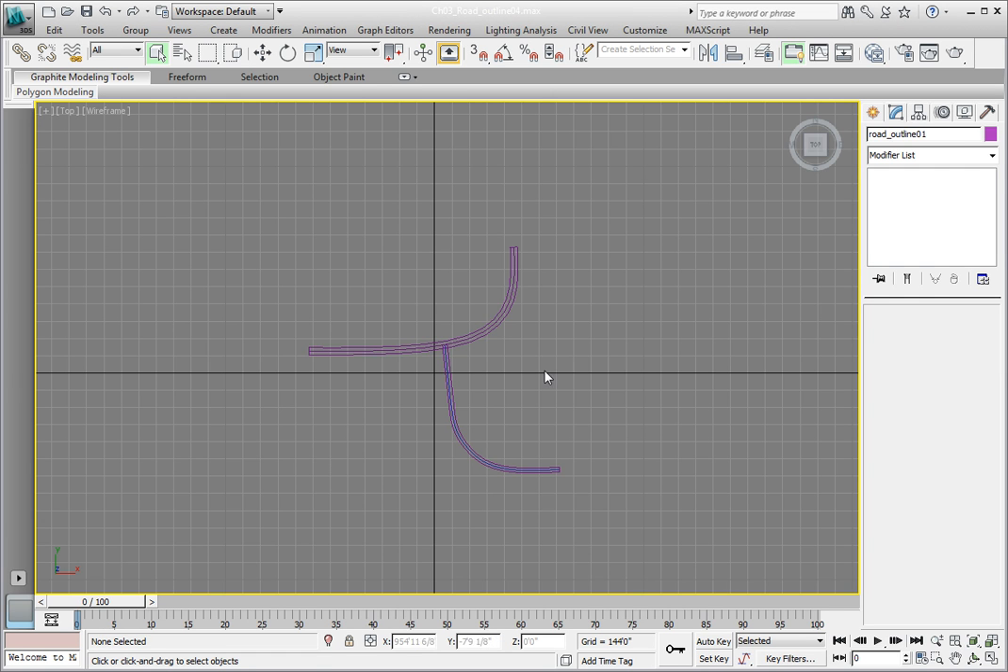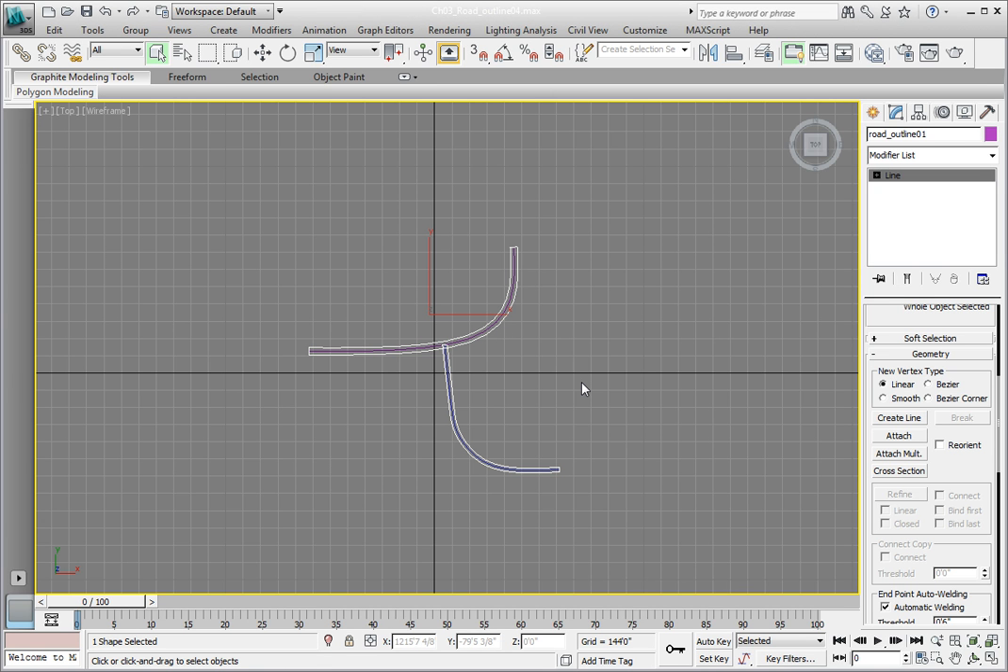The next thing we need to do to make this a useful outline is to clean up the intersection of the two roads so that we have one continuous closed spline. Right now we have two overlapping splines. Continue from the previous lesson or open the file